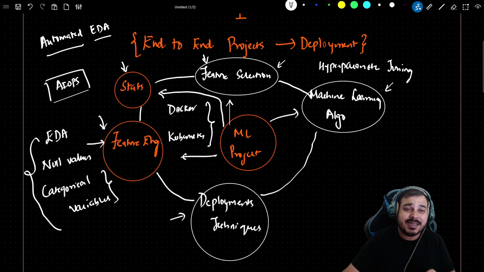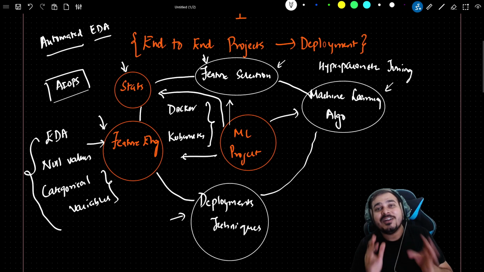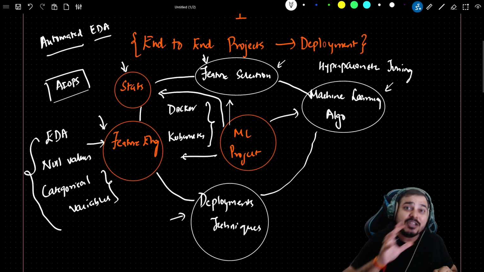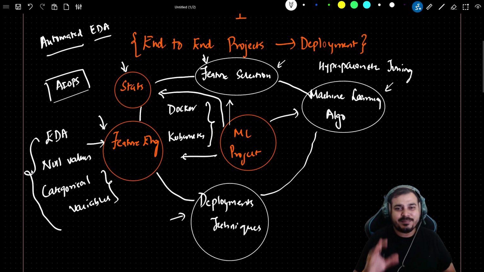If I talk about things like covariance, correlation, Pearson correlation, Spearman rank correlation, those are complete concepts from statistics. So if you are focusing more on the practical side and you are able to relate it with the theory part, trust me, you'll be able to learn it in an amazing manner. The final step is your deployment techniques. You can talk about any favorite cloud which you like and definitely talk about those. So this is just with respect to a machine learning project.